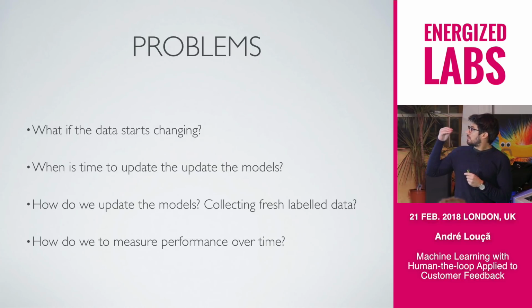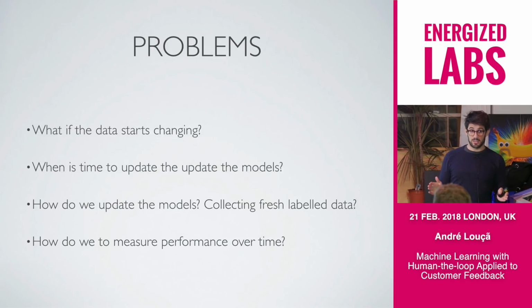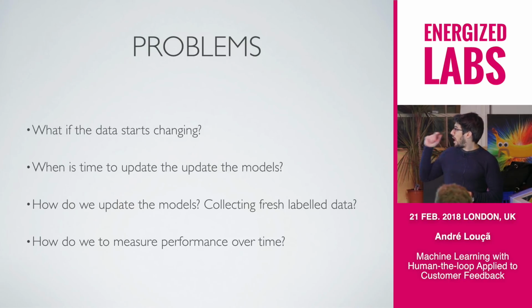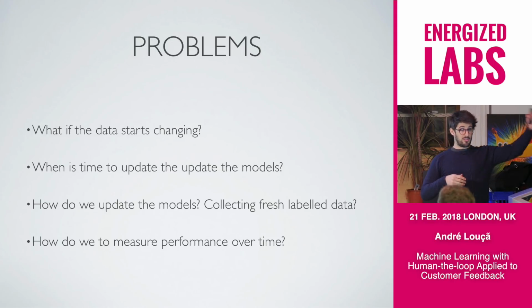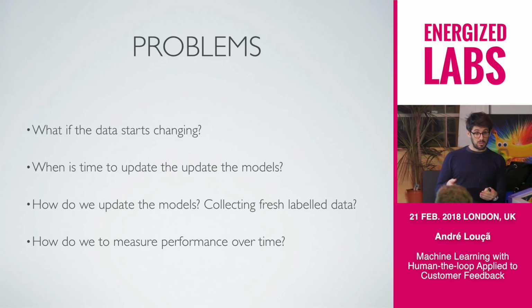So the big problem that we face is that the data is going to change. There is no question about that. So when do I need to update my models? And how do we update my models? Because we collected data and we trained. After that, I'm using my deployed models. Five years later, if I need to update my models, I need to collect new data. So I need to have a project on its own to collect that data and train those models. And at the end, finally, can I measure the performance of those models over time, which is really important.